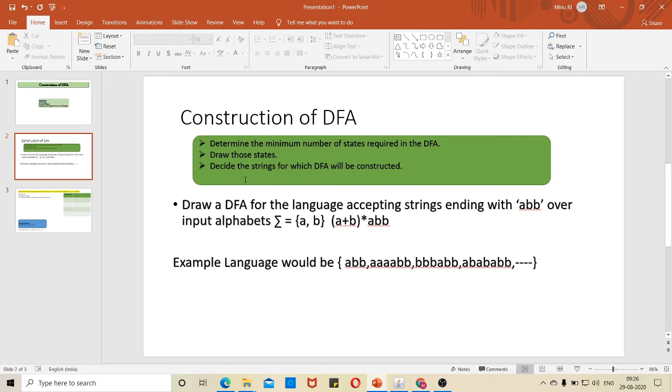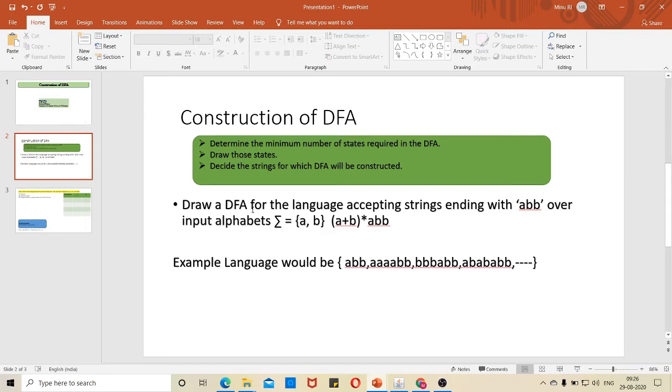Before constructing a DFA, have some example strings to work with, then start constructing the DFA. There is no profound way of explaining how to draw a DFA. So, with your own way of thought, you have to draw a DFA. Constructing a DFA is quite complex compared to constructing an NFA. So, let us see a simple example.